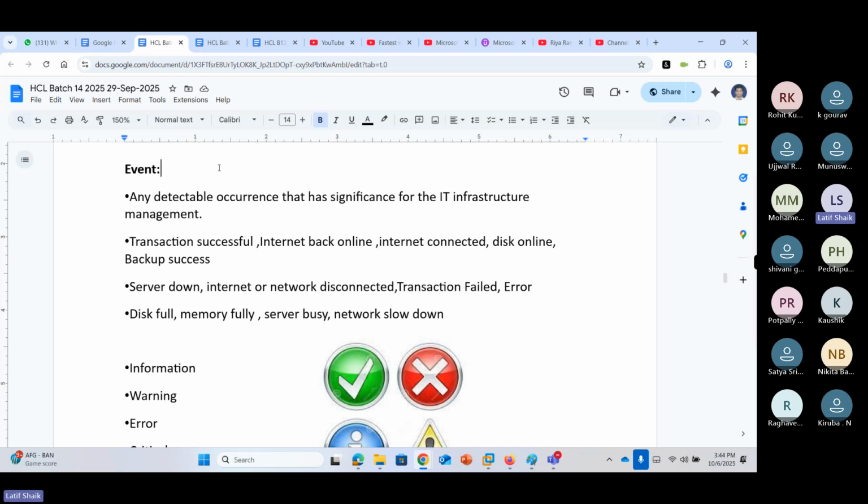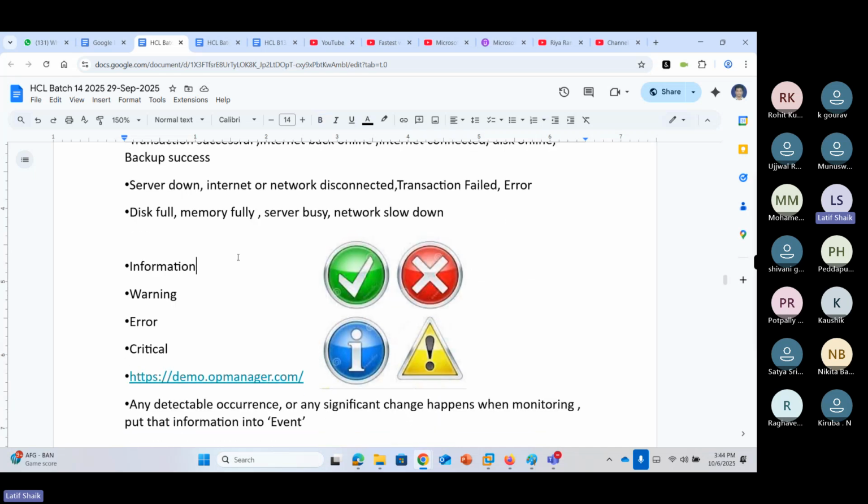In event management, we can categorize these events. Successful events, or events just to inform that something is up and running, are information-based events. For example, application is online, disk is online, partition created successfully.